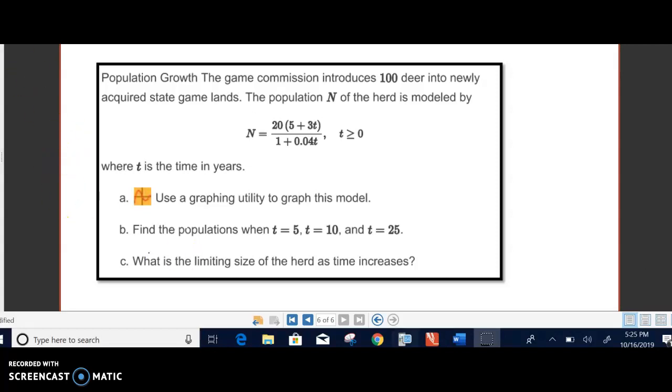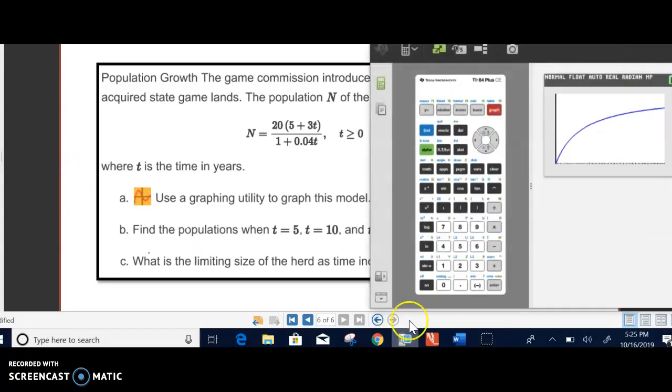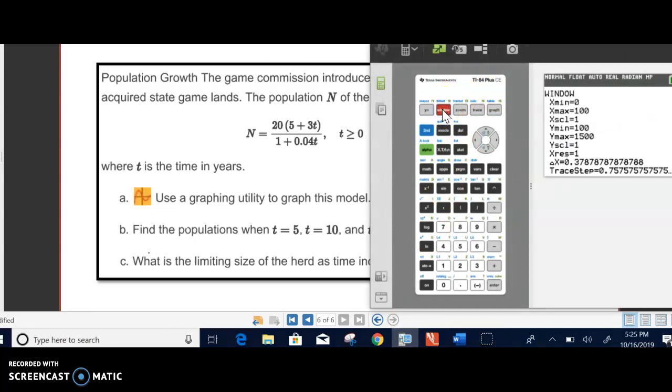Okay, so let's look at the graph on my calculator. I want to show you the window. And here is the window I used. X-min was 0, X-max was 100,